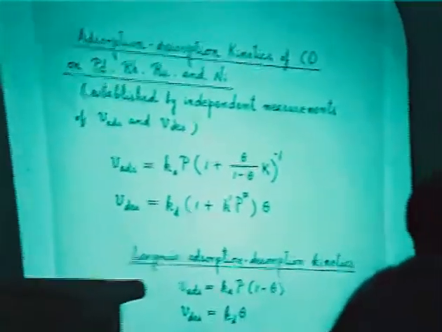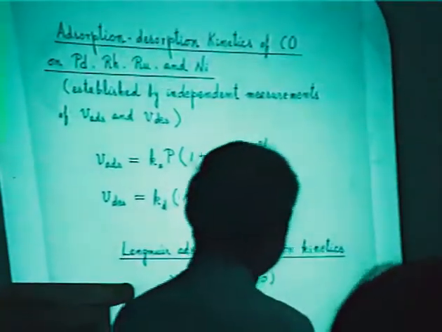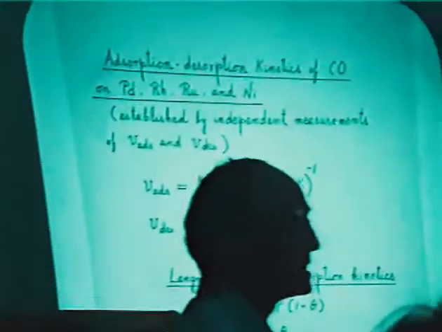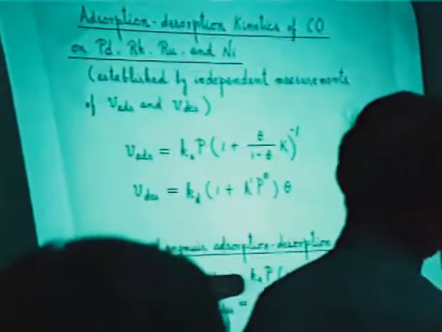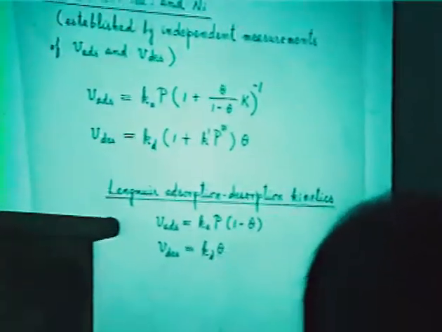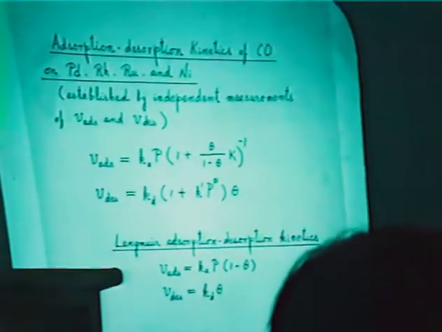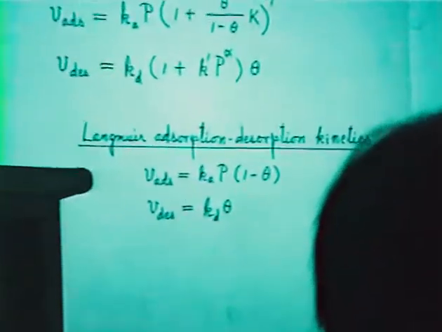But according to our experiment, the rate of desorption and adsorption is expressed by this equation. And in this equation, if K is unity, then it is the same as the Langmuir adsorption method. And as to the rate of desorption, it is expressed like this, and alpha is a function of coverage. And why does such acceleration by the presence of CO in the ambient take place?